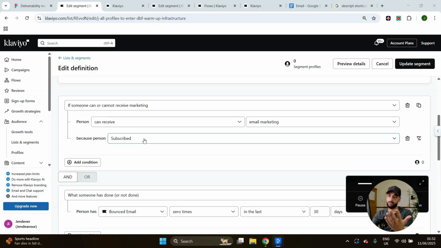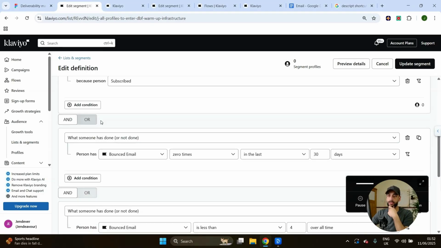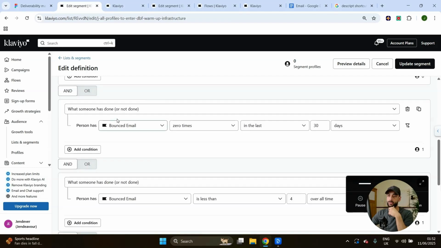But basically to summarize it for you, if you have ever imported a list, make sure this is on. Okay, make sure this is on, and then click just do and what someone has done or not done, bounced email 0 times in the last 30 days,